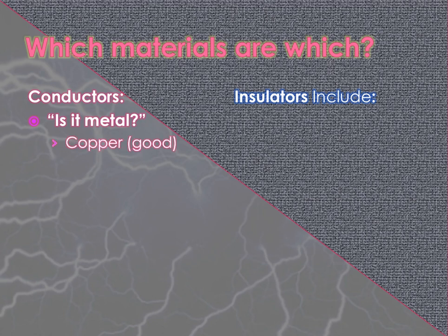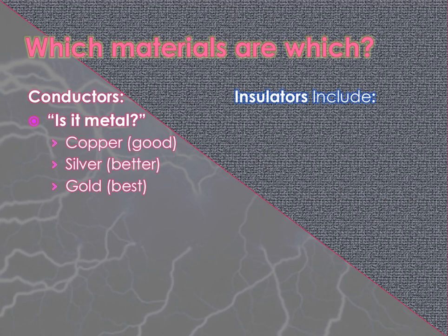If the answer is no, it's not metal, start with the obvious: it's a liquid or a gas. Move on to your next question. Is it ionized? Solid, liquid, or gas? If it's ionized, it's a conductor. One way is to look for the word ionized in its name. If it's ionized water or ionized gas, that would be a conductor. Acids are also ionized. Things like vinegar, things with salts dissolved in them, have those nice Na and Cl ions you learned about in chemistry.